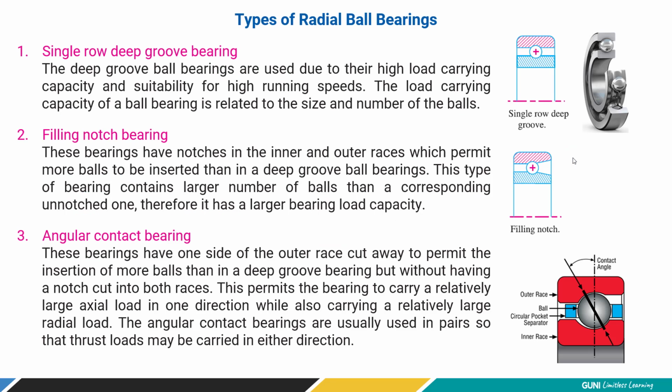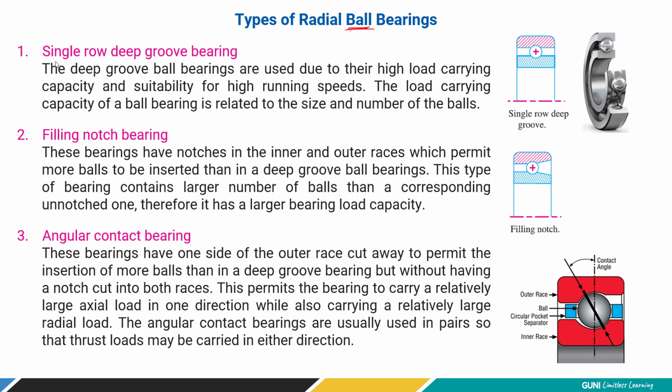Okay. Now let's discuss the types of radial ball bearings. Earlier we have seen the various types of plain bearing or sliding contact bearing. Now, based on requirements and applications, we have the various types of radial ball bearing. Here, remember, it is roller contact bearing, but we are discussing only the ball bearing, where the rolling element is in the form of a ball, not in the form of a roller, right? We do have a classification of radial roller bearings later on.